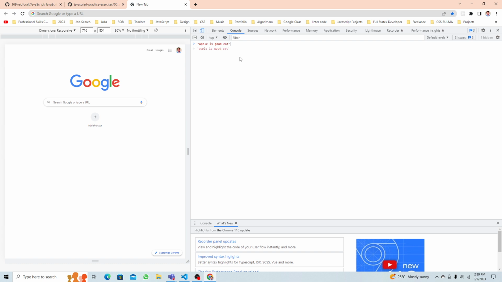Now I can apply any function, okay? There are so many functions. I'll just call slice. Now it takes a start and an end. Start at what index? I want to keep just the apple, so I start from index 0,